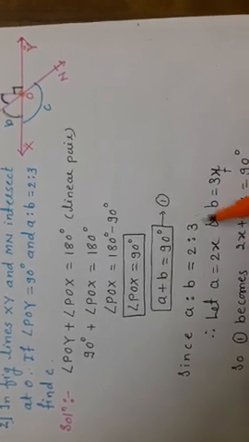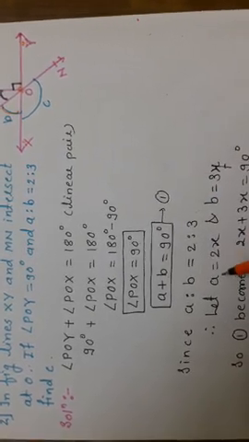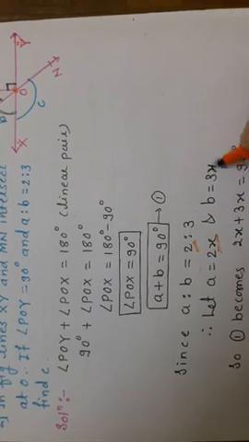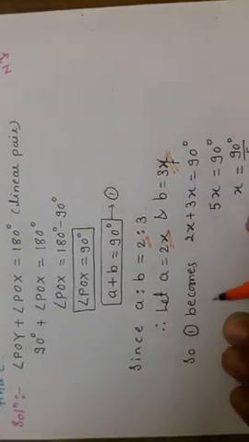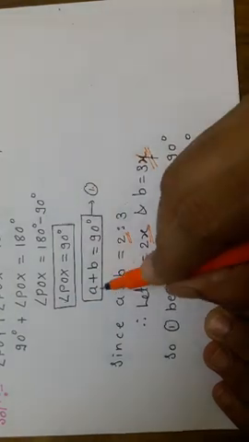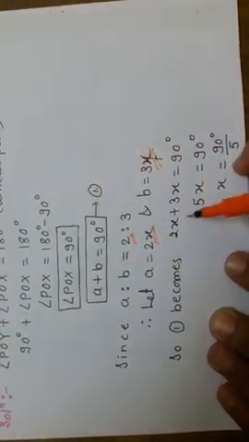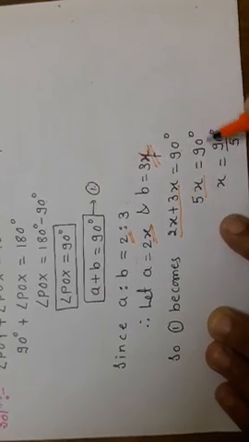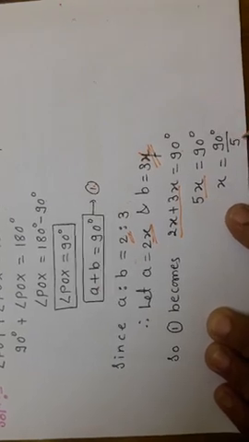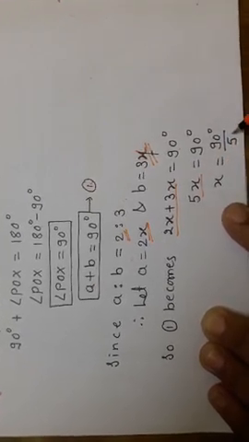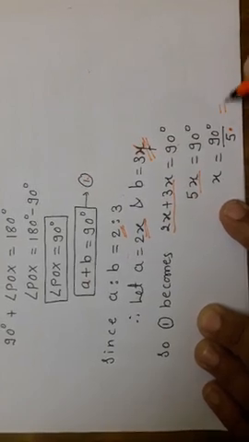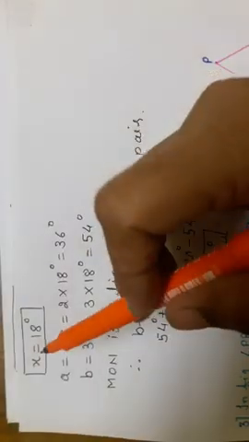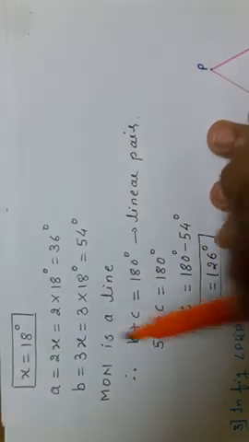When a ratio is given, at that time we consider let a is equal to 2x. We have to take some constant with this. And b is equal to 3x. Okay. So what we will get here in equation 1, we will substitute the values of a and b, that is 2x plus 3x is equal to 90 degrees. 2x plus 3x means 5x is equal to 90 degrees. So x is equal to 90 degrees divided by 5. This is in multiplication, when it goes to the right, it is in division, and we will get the answer of x as 18 degrees. So the value of x is equal to 18 degrees.